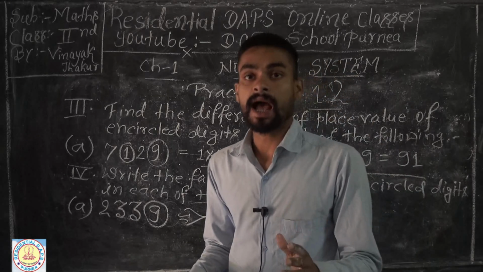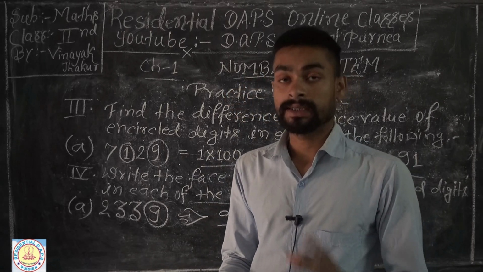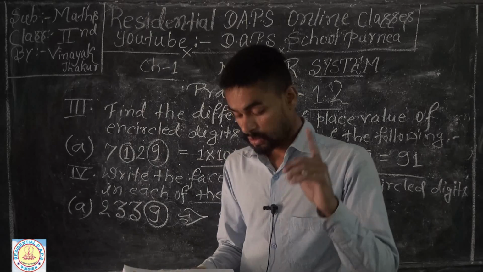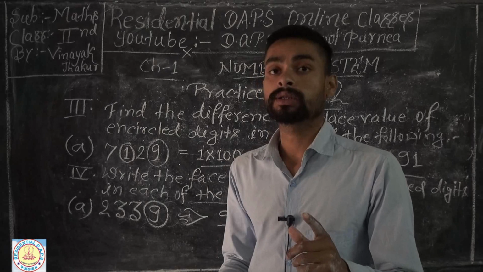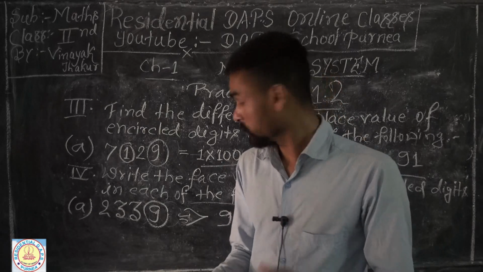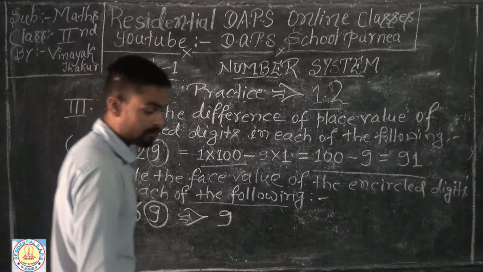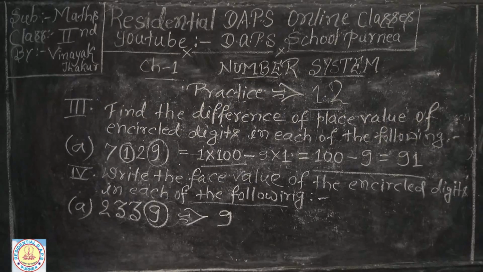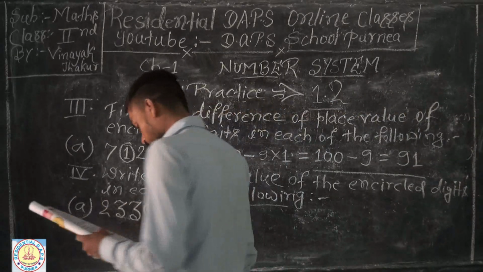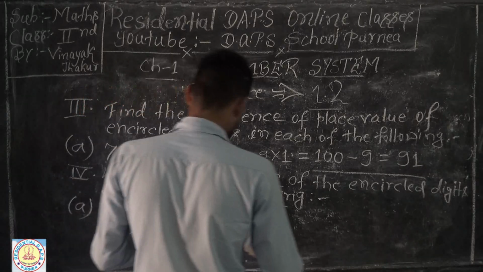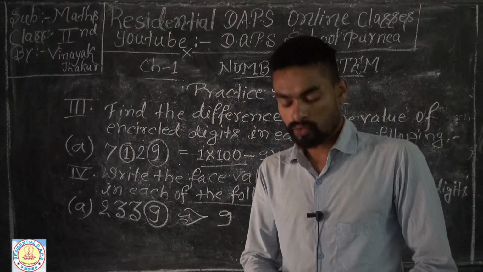At first be calm and plan your work, then work on your plan. You need to remember just one thing: at first plan your work, then work on your plan. This is the formula of solving mathematics. So be calm and cool. This is your practice set 1.2, and